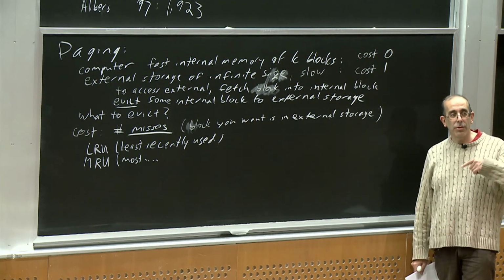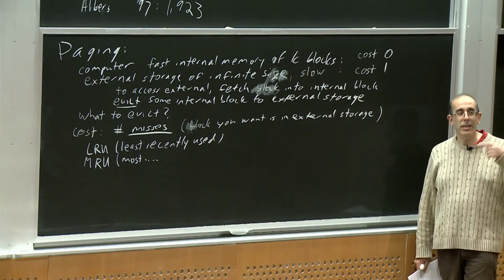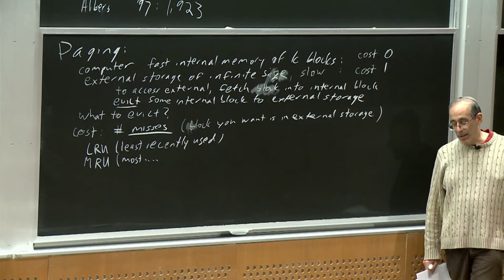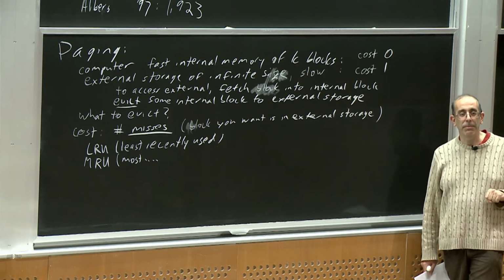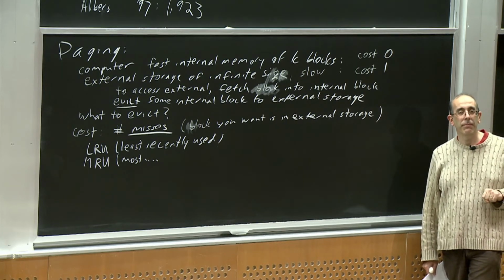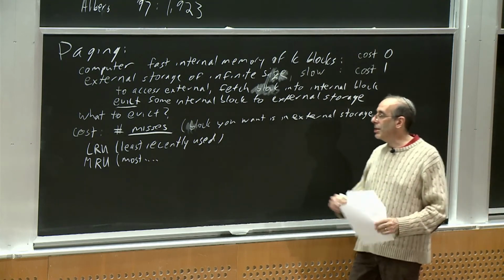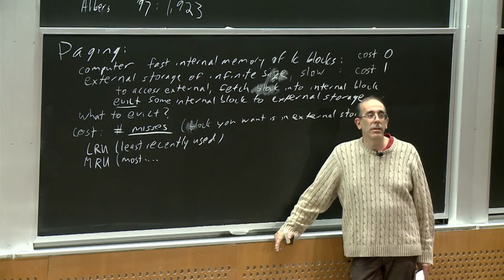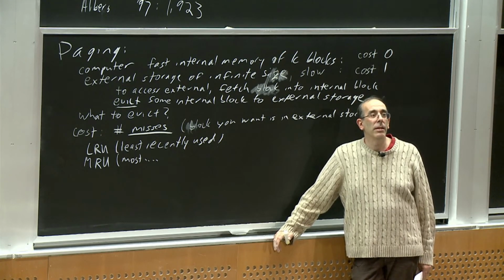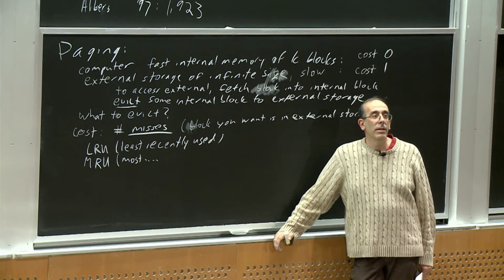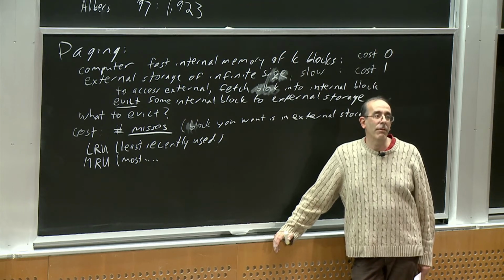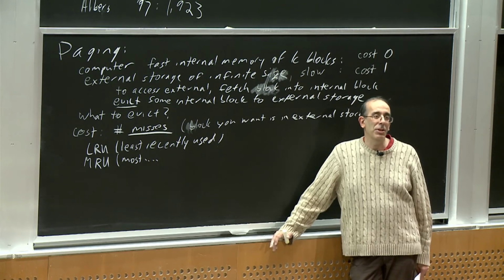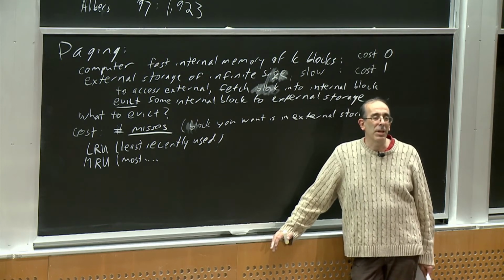Exactly. If you're looping over memory many, many times, then the most recent block is the one that is going to be the longest before you use it again, right? What's the rationale for least recently used? Yeah, you used it one time and you stopped using it. This is the locality of reference argument: once you're paying attention to something, you're going to keep doing it for a while, so you should keep it around in memory because you're likely to hit